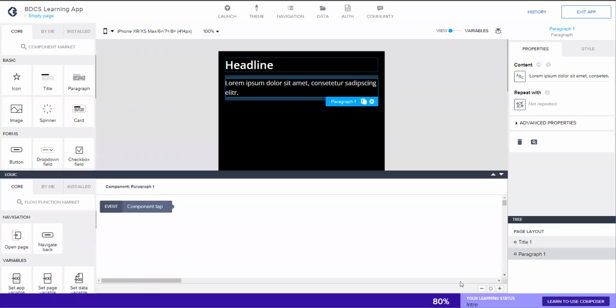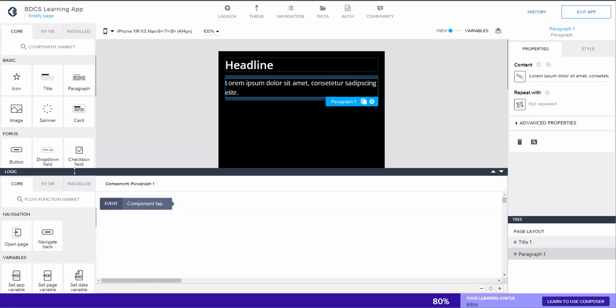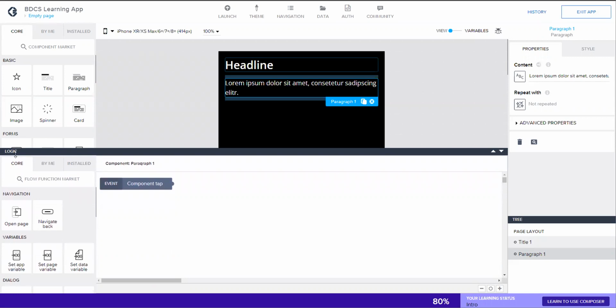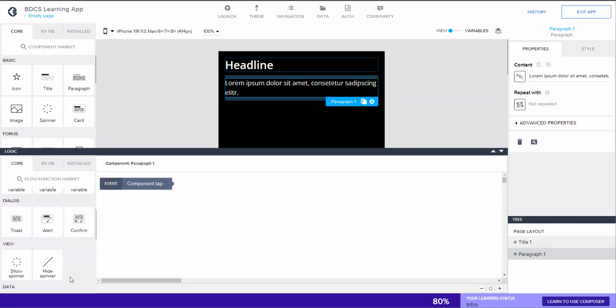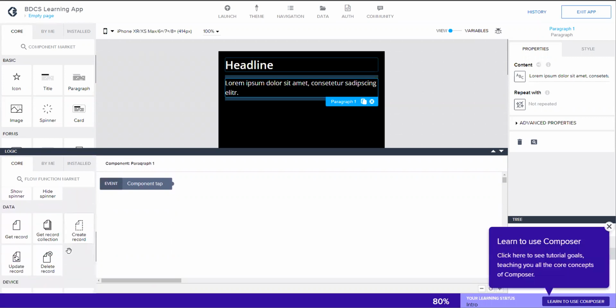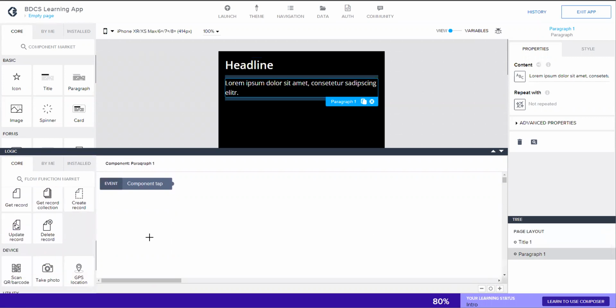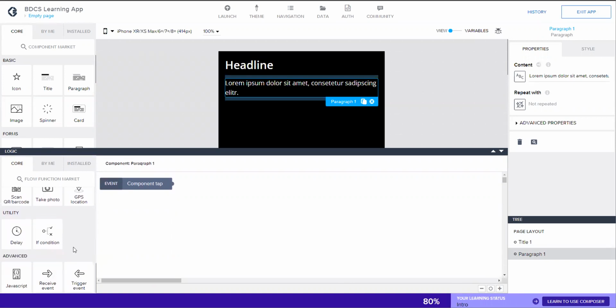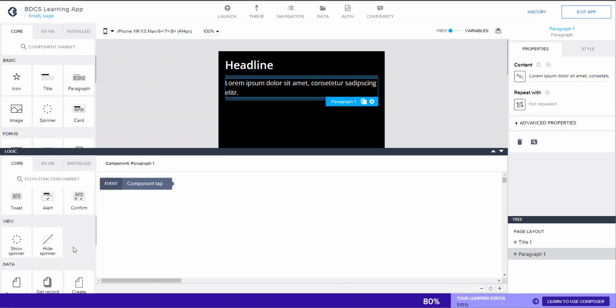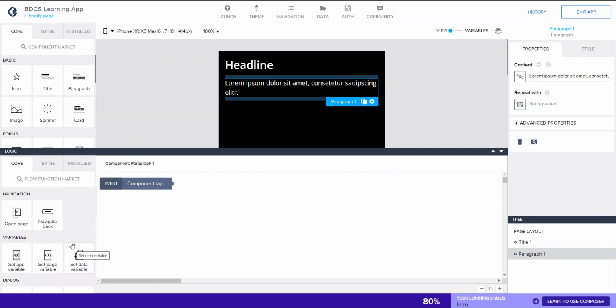So click on this, you will see another tab says logic, in which you can open a page, navigate back, set a data variable, call an HTTP, get a record, and various other things that you can do. So for every component action, there is a logic, and we are going to talk about this as well.